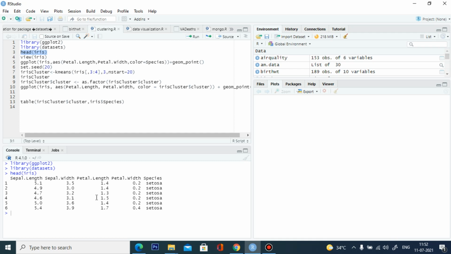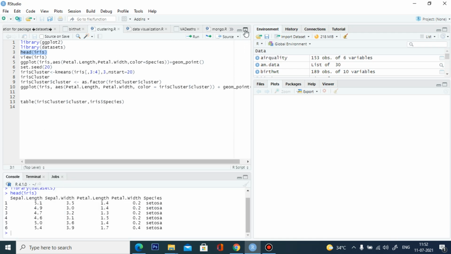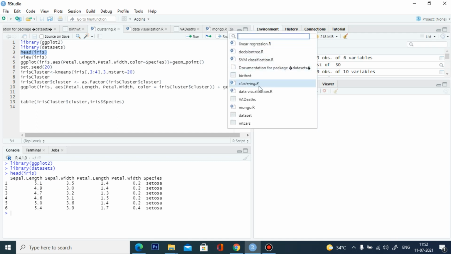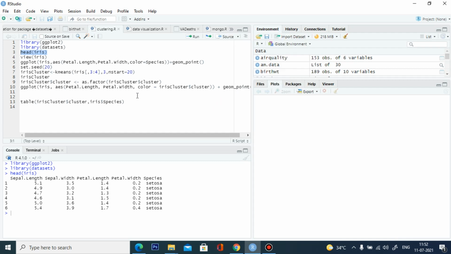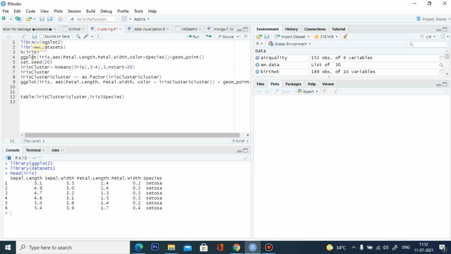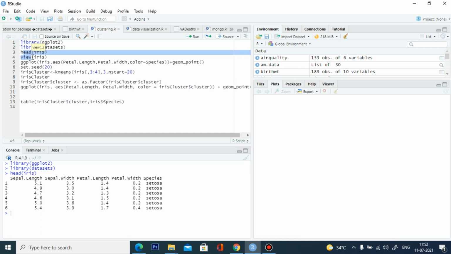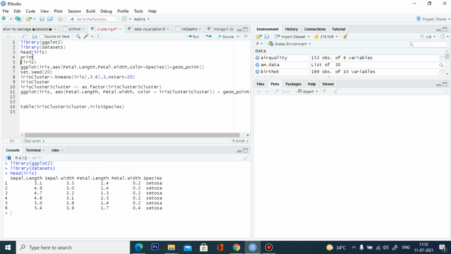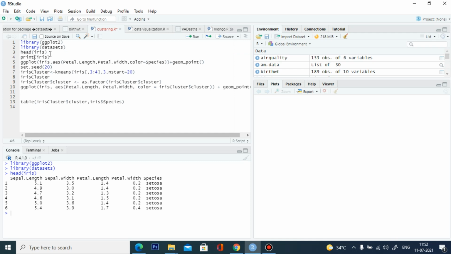Let me show you the iris data set. Print iris.